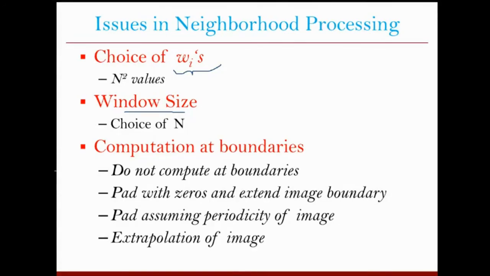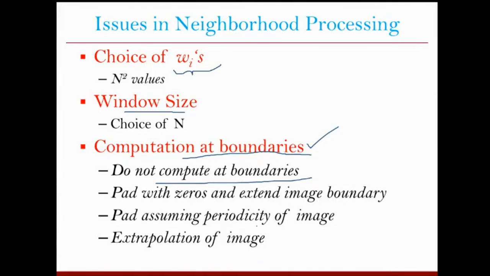And what we need to do when we are computing at the boundary, since our computation is based on neighborhood. If the neighborhood is not defined, what to do? That is the case which happens at the boundary. At the boundary, the neighbors are not completely defined. So how to handle those cases? One option is that you don't compute at the boundaries. That means all the boundary pixels you just leave, because for them the neighborhood is not completely defined.